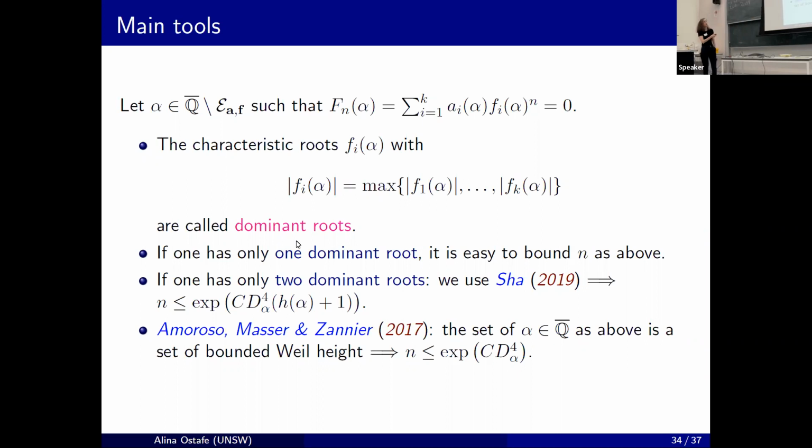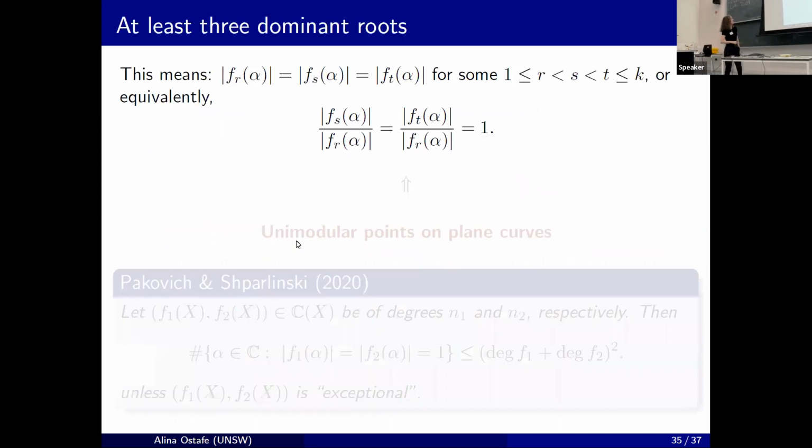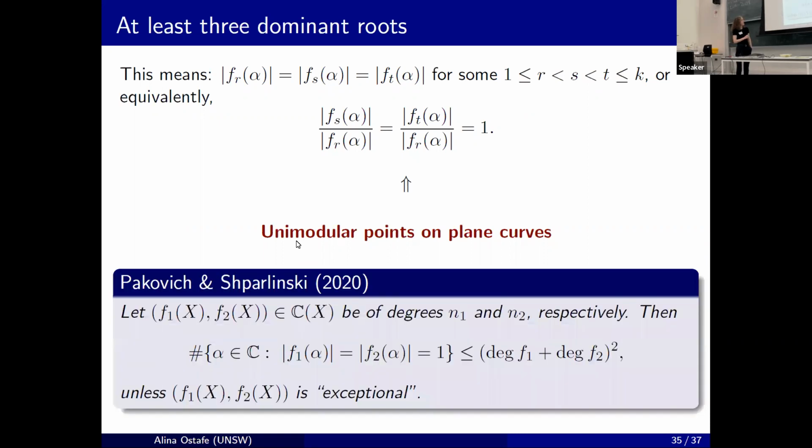But we need to consider also 3 dominant roots, at least 3 dominant roots. And when we have at least 3 dominant roots, that is, we have relations of this type, we reduce the case to looking at unimodular points on plane curves. And this is exactly the result at the beginning that I mentioned of Pakovich and Shvalinsky,